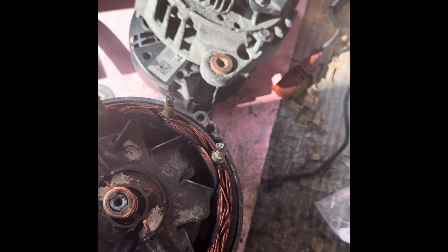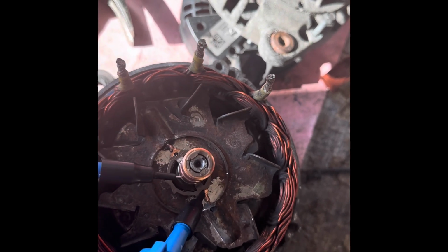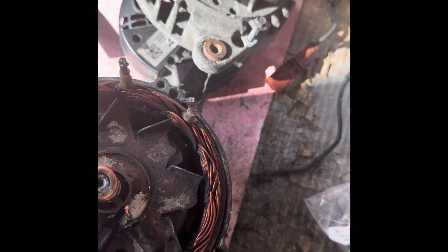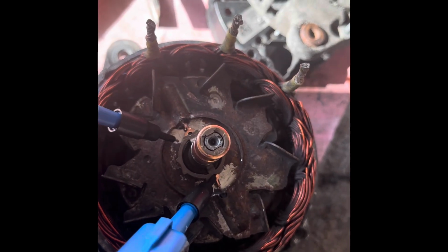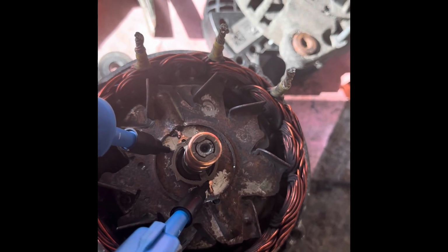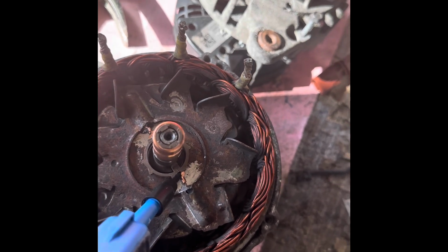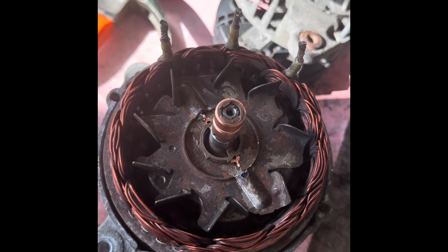Yeah, it works there. To the ring, top ring, bottom ring, that side, and just make sure there's nothing. Yeah, look. So that's okay. So that's good. So what I'm going to do, actually, I don't think I'm even going to bother soldering